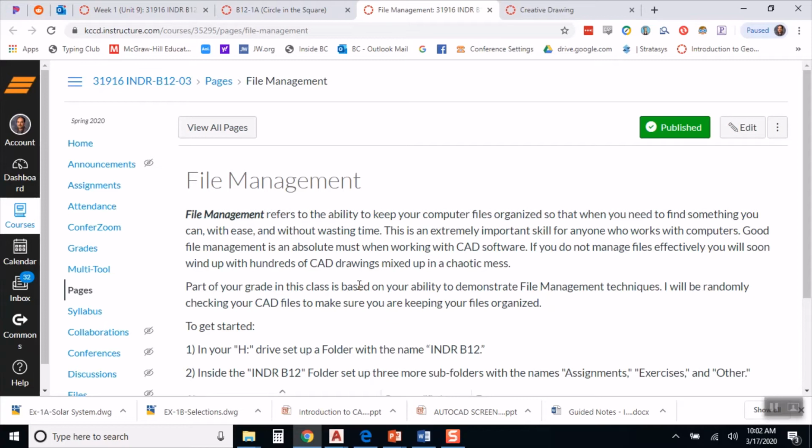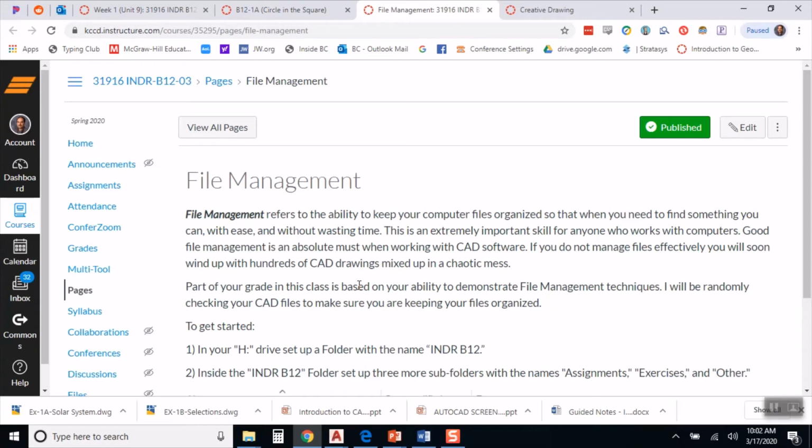File management is super important for anyone that works with computers, because if you're a slob, it's just going to slow you down and force you to do things more than once, right? File management is also very important in CAD because typically we work with other people when we do CAD work, and we all have to have a system where we've agreed where we're going to save things, what we're going to call the file when it's saved so that it's easily accessed by all the people that have to work